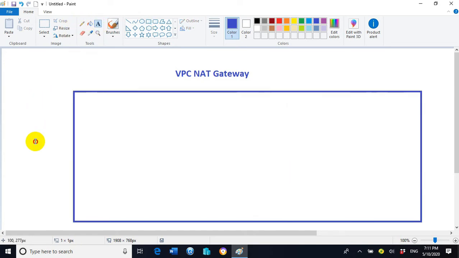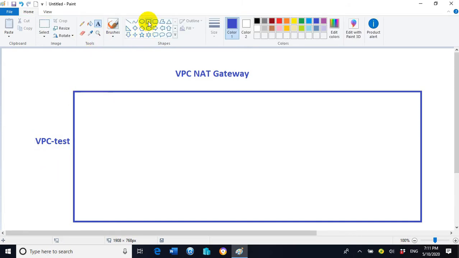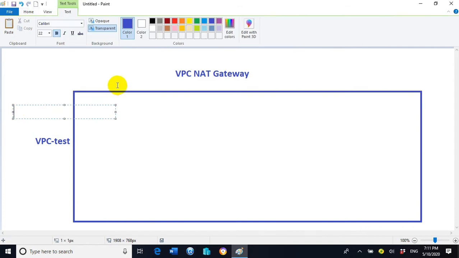In this diagram we have one VPC and the VPC name is VPC test, and this VPC is located inside the Mumbai region.